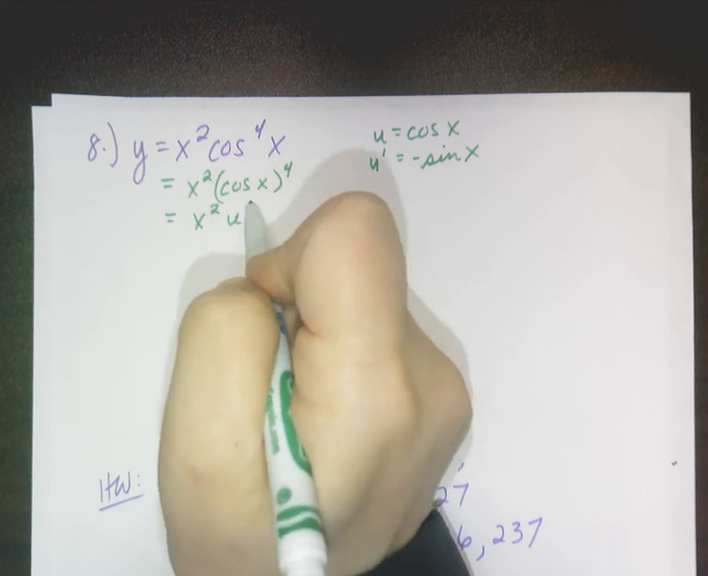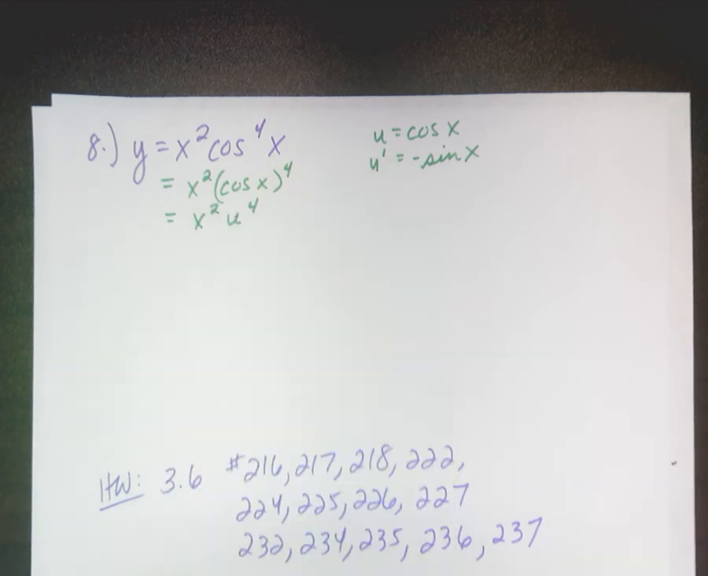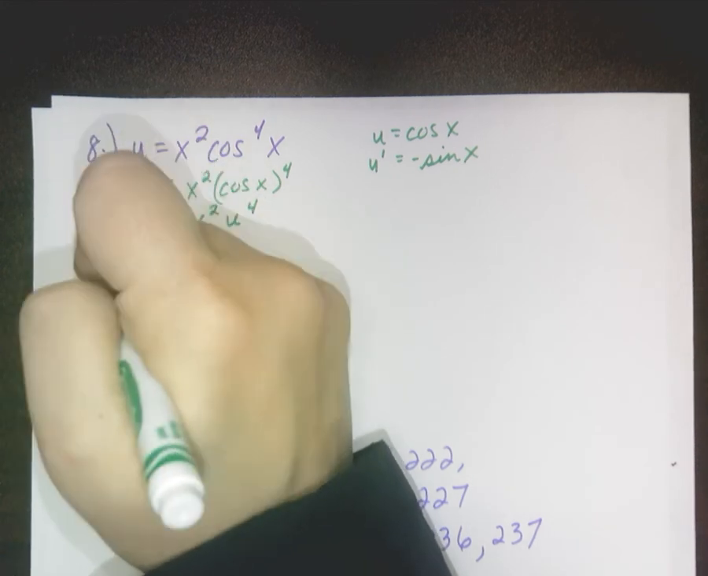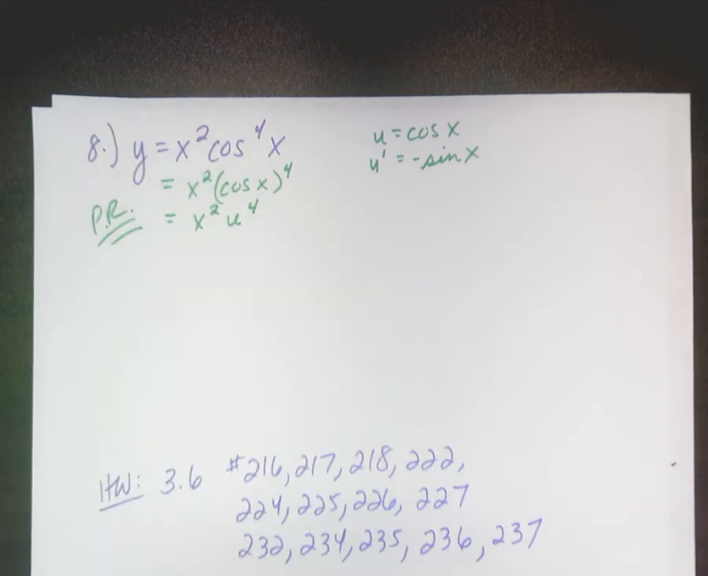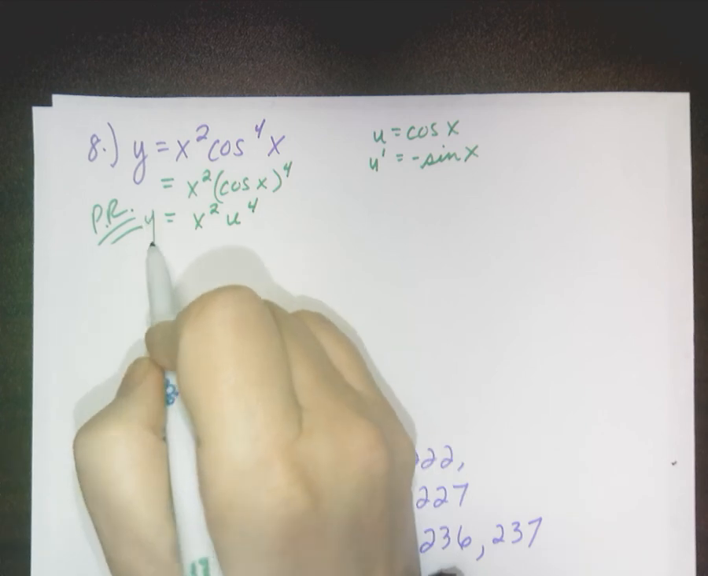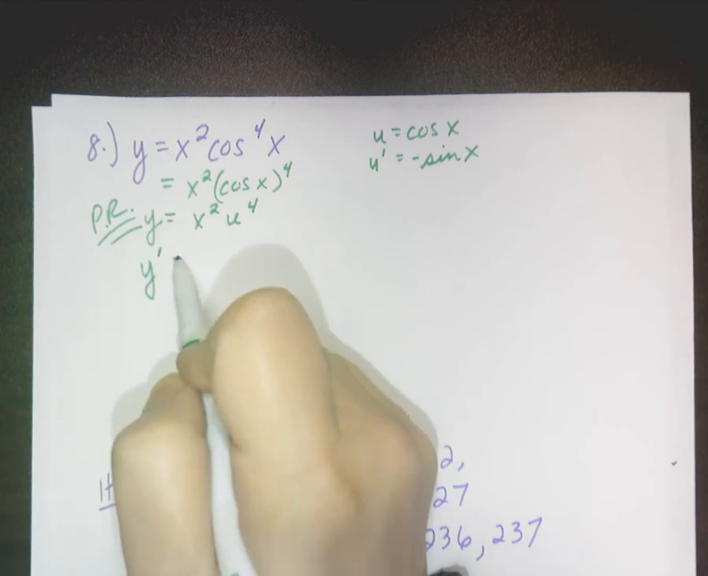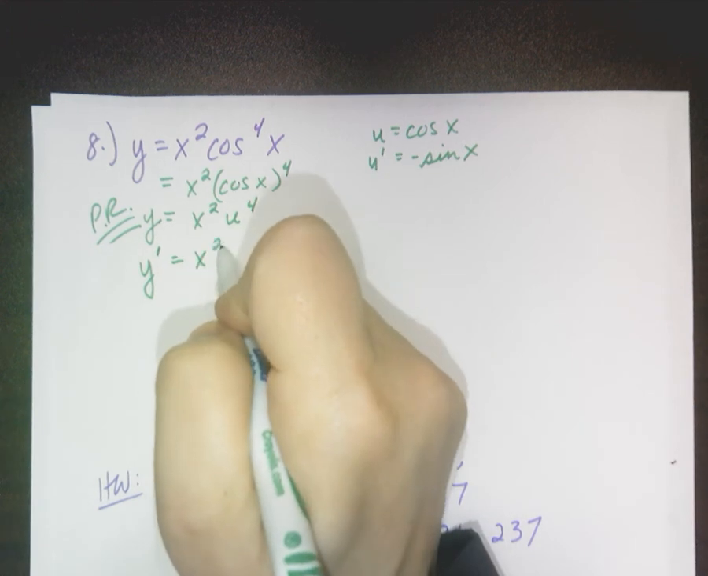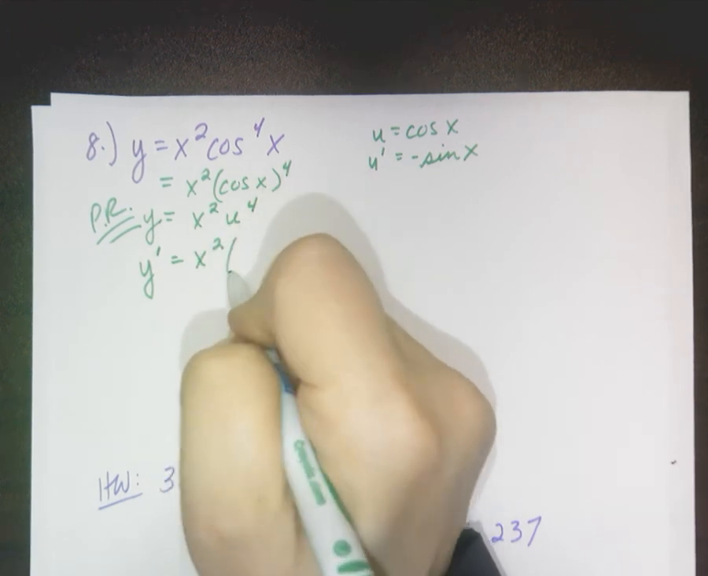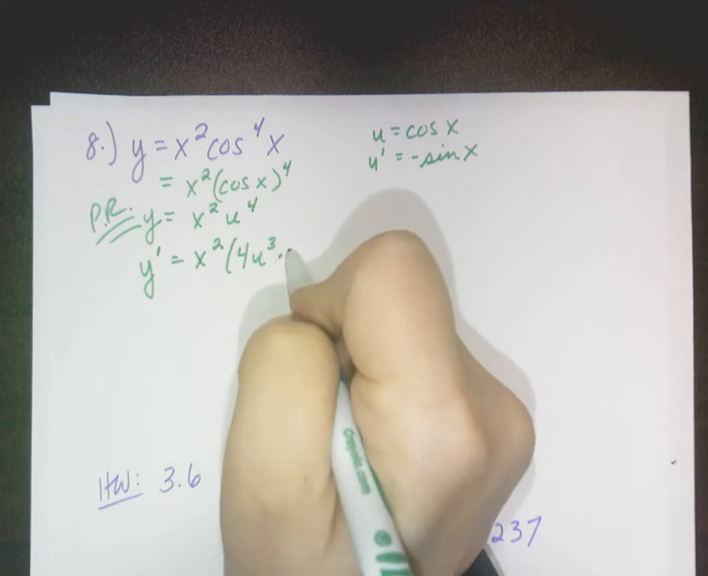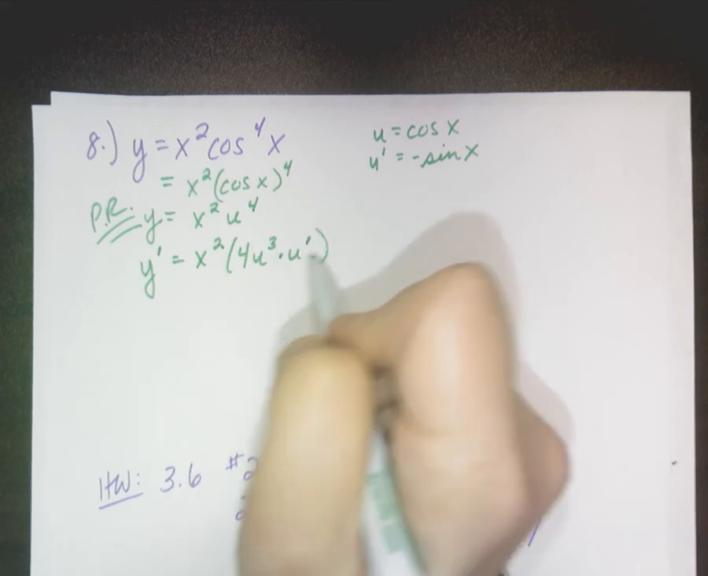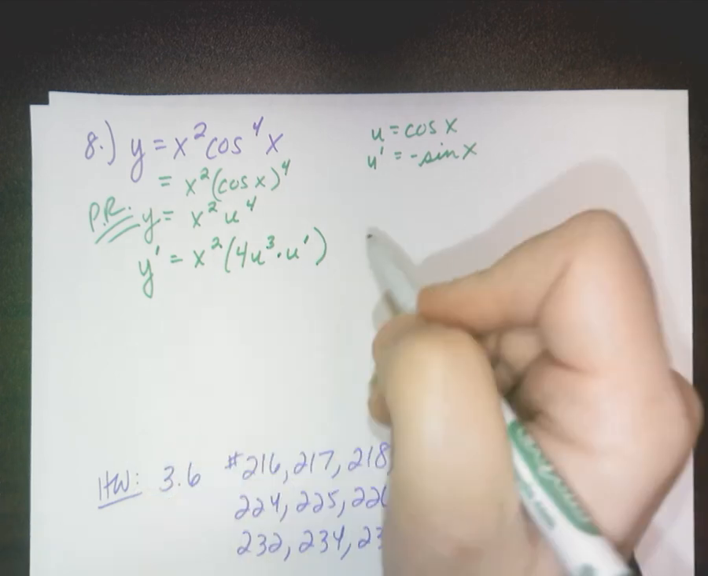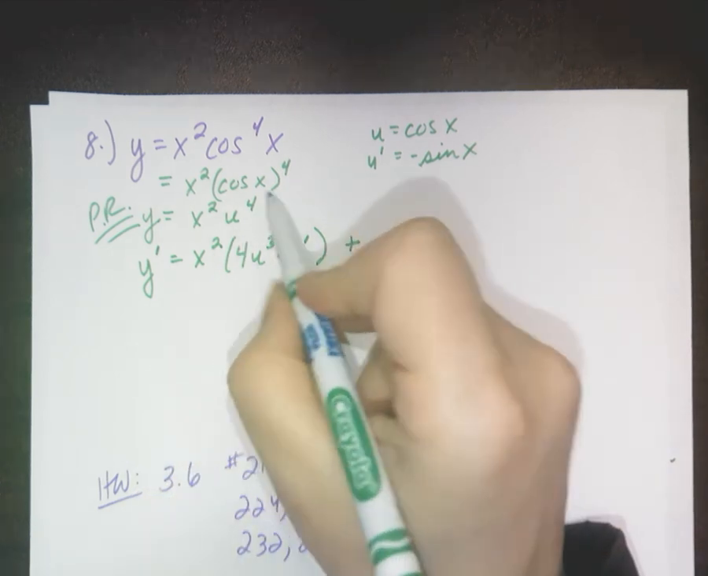Let me go rewrite this. X squared u to the 4th. What am I going to have to do here? Product rule. This is what we're going to be working on tomorrow. This is a product. So let's take a derivative. Watch. First times derivative of the second, 4u to the 3rd times the chain. That's the derivative of the second. First times derivative of the second plus second